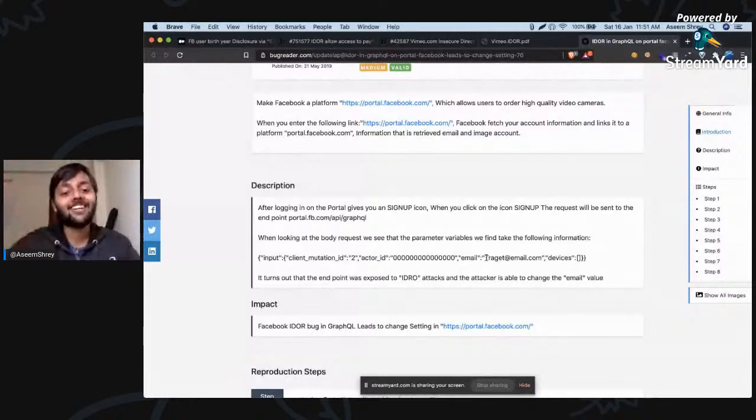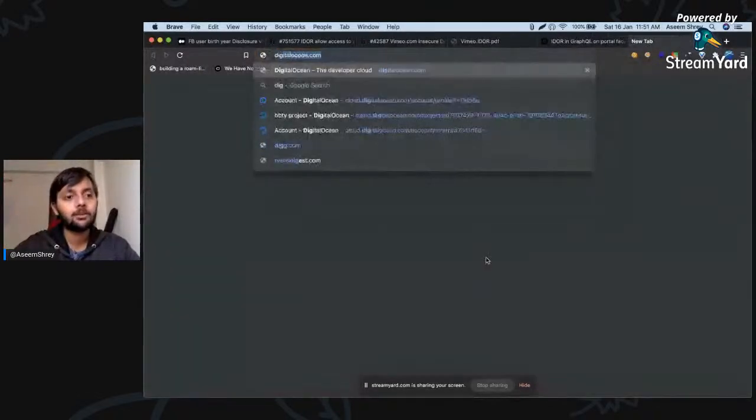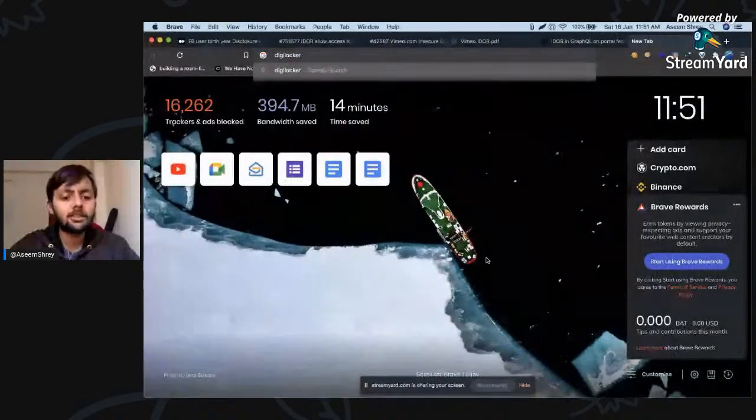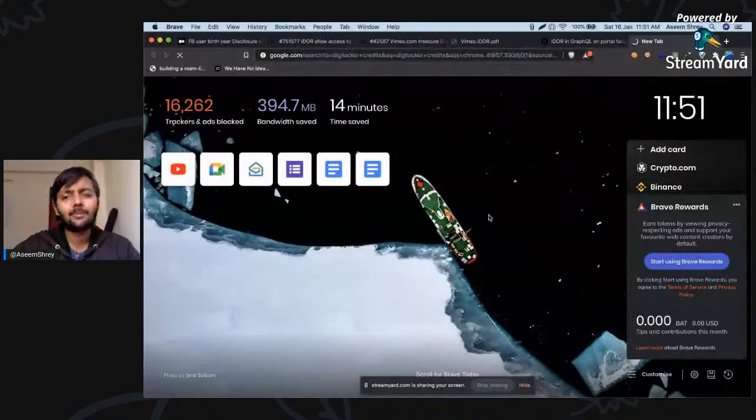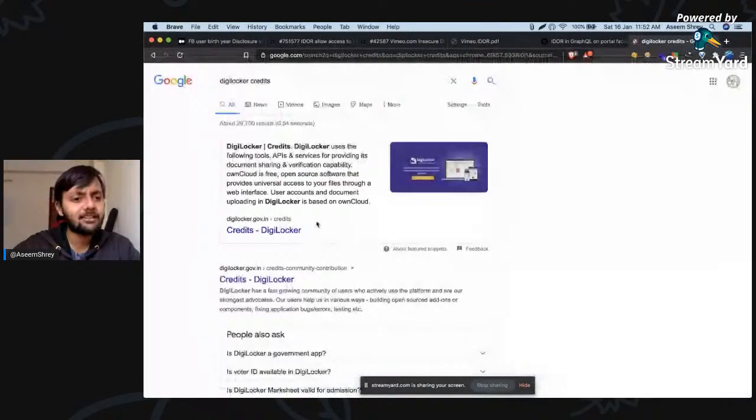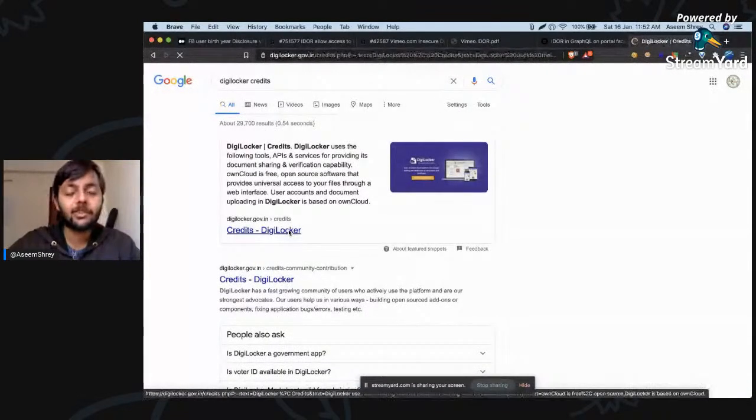There's one more report that I want to show. This was me reporting to the Government of India, DigiLocker credits. I think, yeah, I reported it during my second year. DigiLocker is a service, if you don't know. So there's this